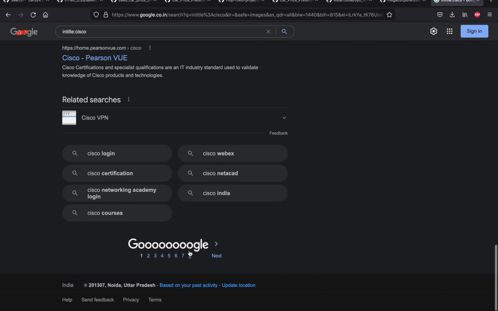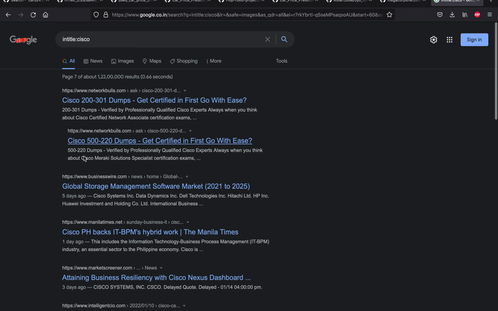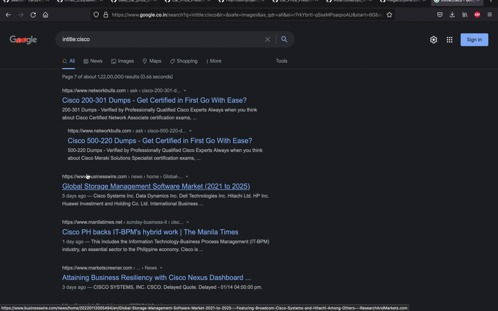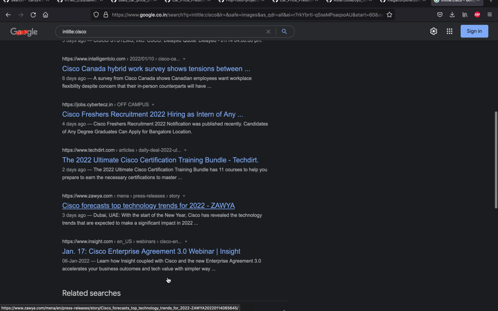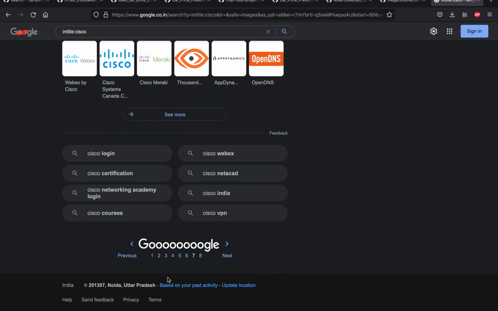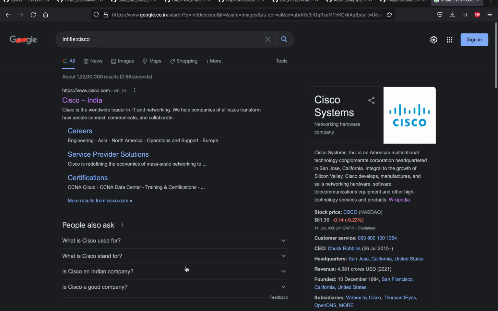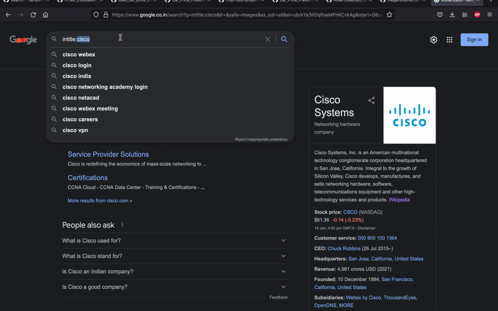But in every one of those results, you will be able to see Cisco is quite present inside my title, that is inside the blue color. Even if you go to the nth page over here, you will be able to get all those results. Now if you want to download a certain specific file from the internet, let's say if you want to download